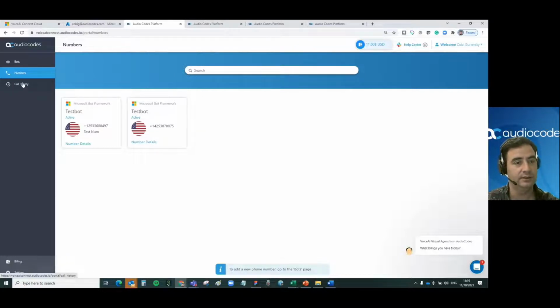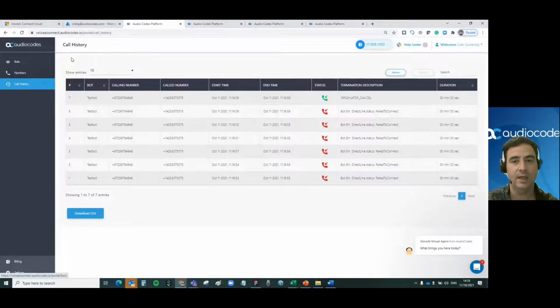Let's just click on call history over here, and we see the call being placed. This is my extension. Since I didn't pick up, it gave me a bunch of errors, and we can troubleshoot these errors. I intentionally chose a bot that doesn't have the capability to pick up, because that may happen. I also see that I canceled the call, but I can actually mark these and I can download